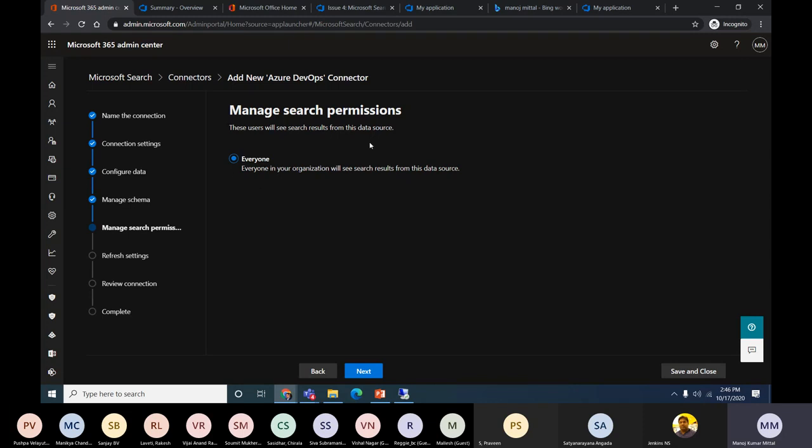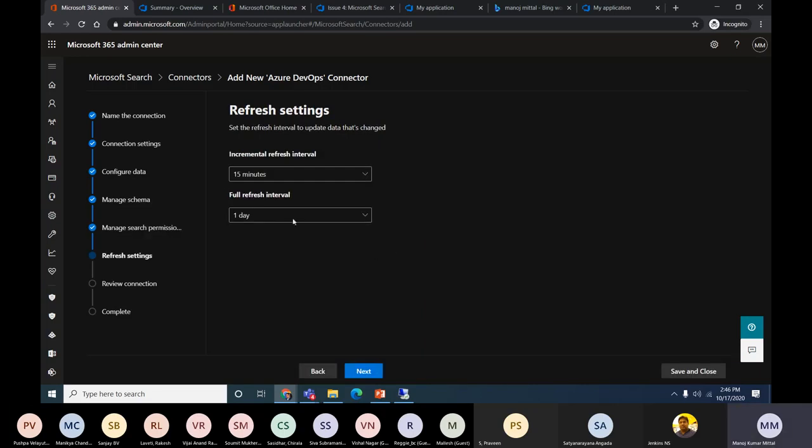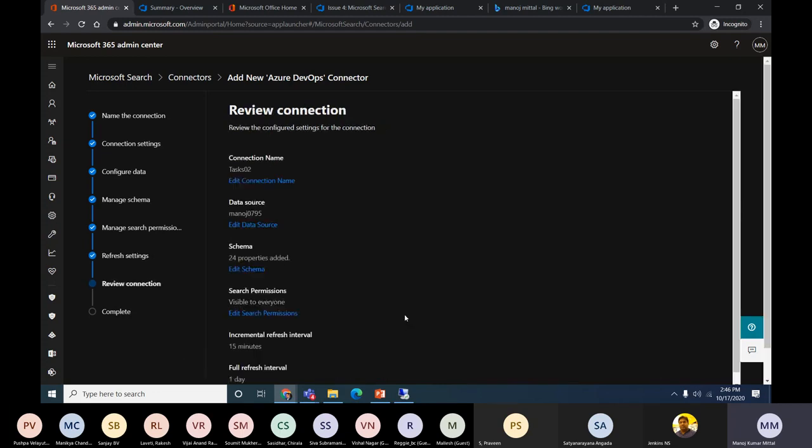So as of now, it's not available on SharePoint site. It's a tenant level. So in my tenant level, any task we are going to create, we are okay. The people can get the results after crawling, then it should be okay. So we are going to click on next. So here is the crawling durations, incremental and the full interval crawling. We'll just click on the next.